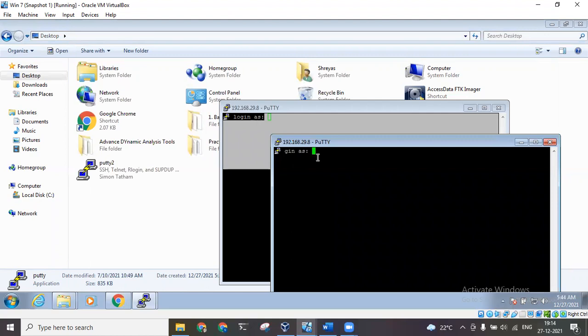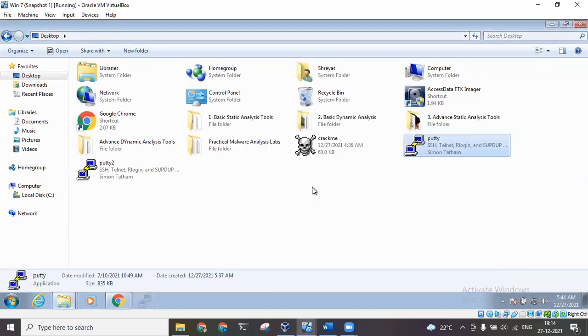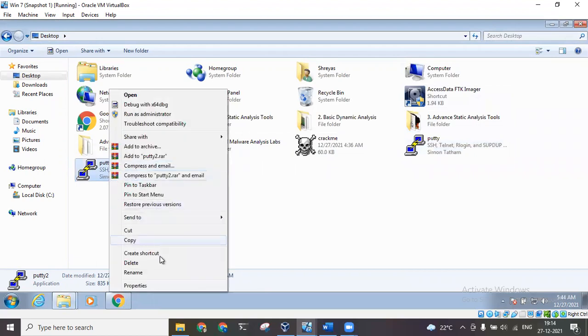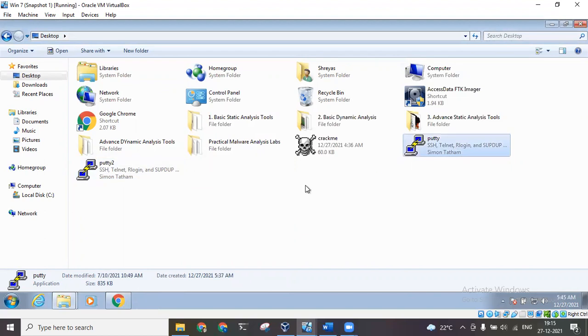This is how genuine applications are actually counterfeited and malware is inserted into them, and the user is literally left with no other option to know whether the software is genuine or not. So that's why it is always mentioned to check the hash value, because if we compare the hash values of these two programs, it would be different. Otherwise, from a normal perspective, both the applications are absolutely the same. You can see over here size, everything is the same. So there is literally no way for normal people to know whether this application is modified or not.